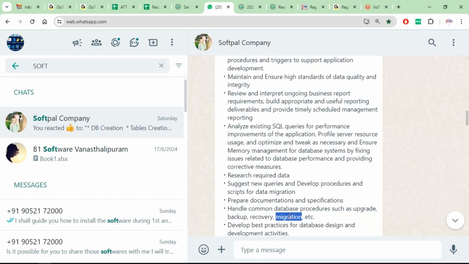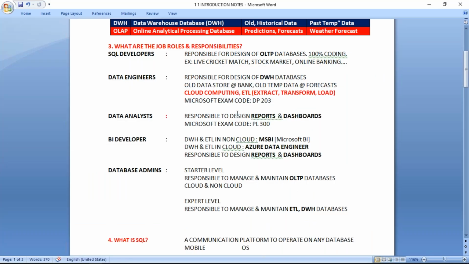So I call them developer or DBA? They said developer DBA. So the title says developer, but actually it is developer DBA. And my people went there, and they came to know it's more into DBA job, it's all about maintenance. So it all depends.